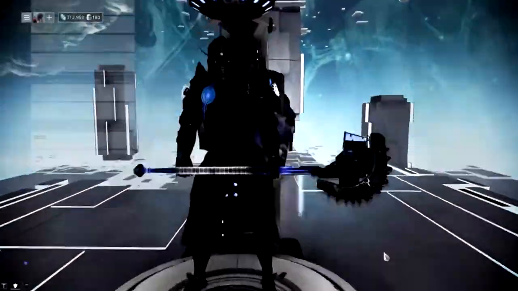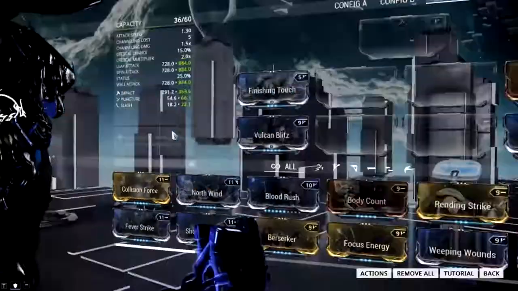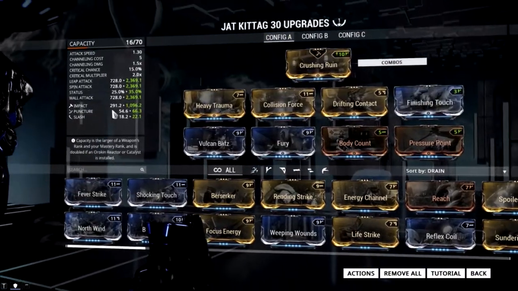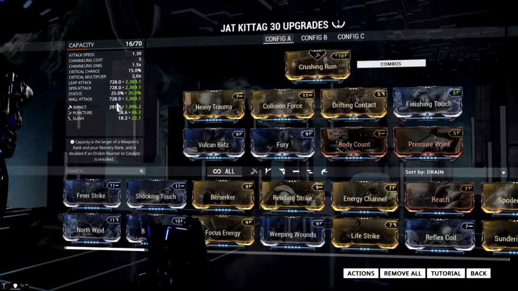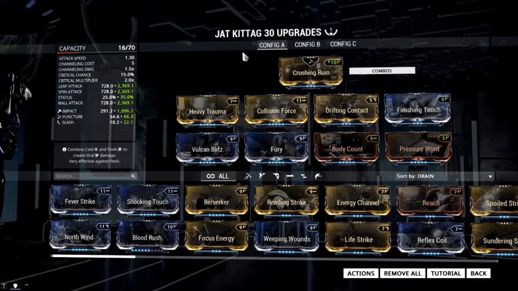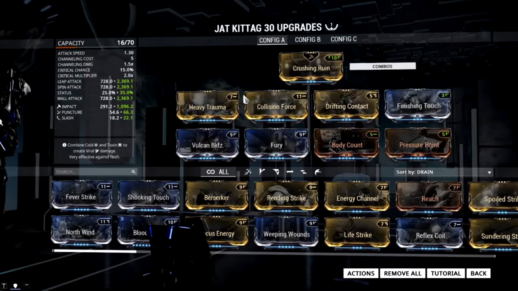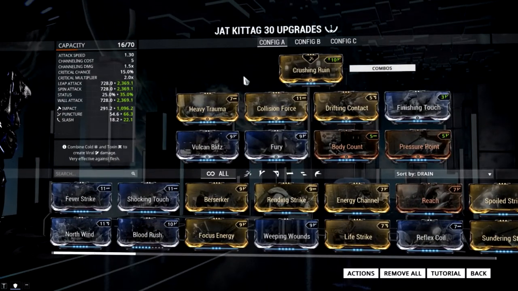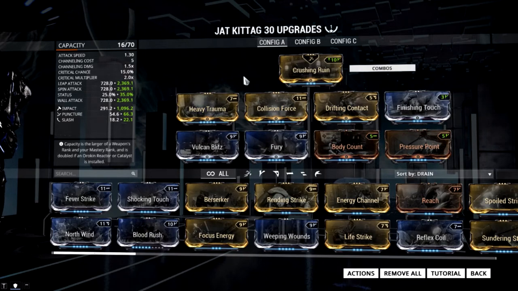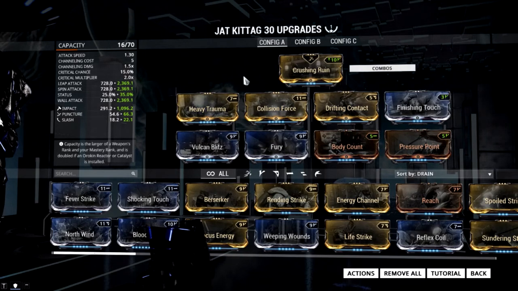Now on to the questions that some people may have. What does upgrading it do? Well, for starters, it increases the damage, status, wall attack, spin attack, leap attack, etc. It increases your finishing damage as well. But what this allows you to do is get rid of enemies like nullifiers and anything